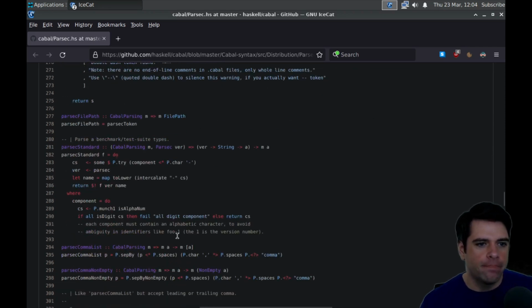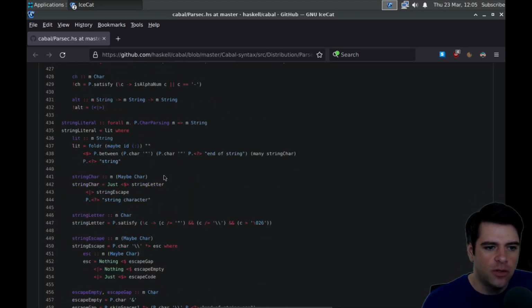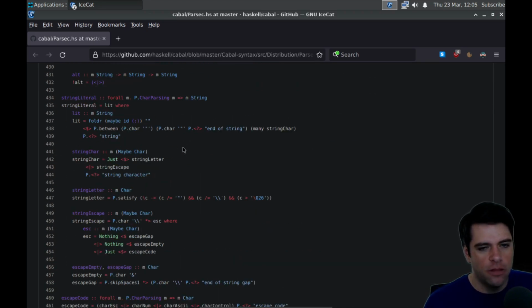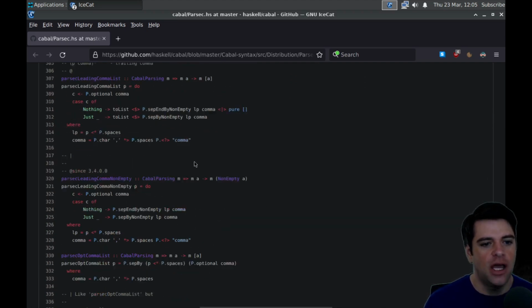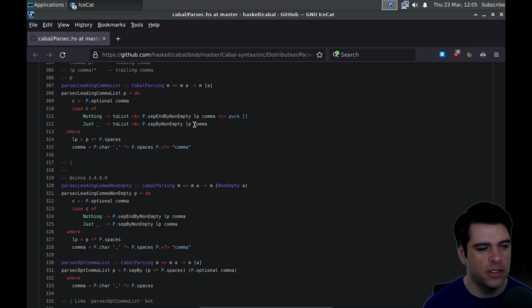Okay. And then this would all, I think, be super fascinating to go through carefully with an eye to seeing how a real parser in the real world is being written. This is part of Cabal. So this is run every time you build stuff in Haskell that uses Cabal.